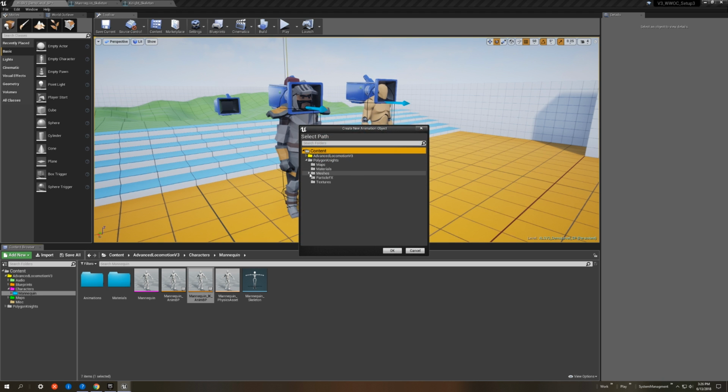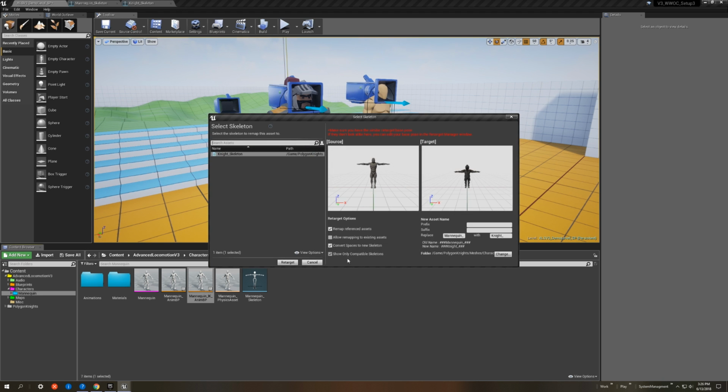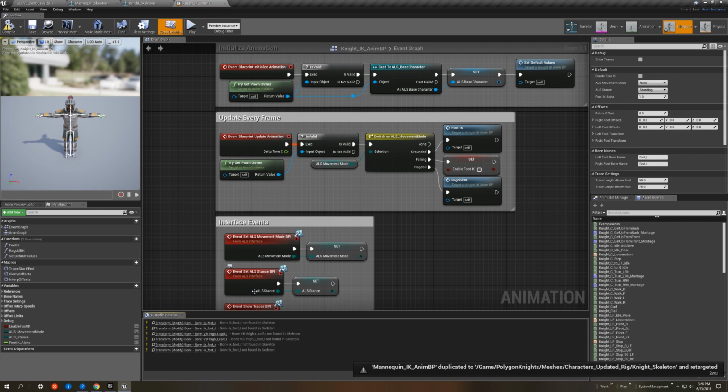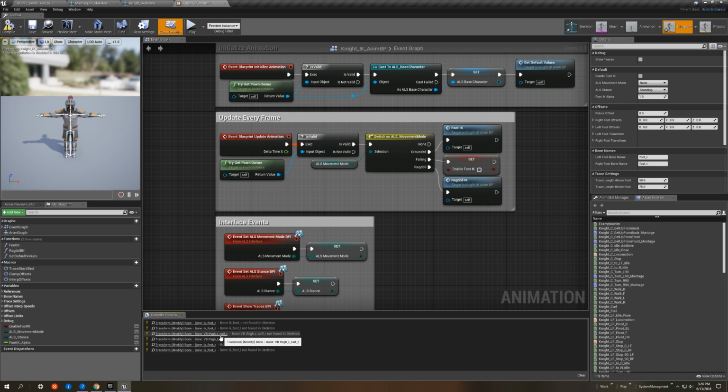Change that folder. Just like that. And if I do it correctly, we should get it for the Knight character. Now we're going to get some errors here. You know, the bone names are different because we're using virtual bones. Also, we have these two knee bones that aren't found in the skeleton, so we're going to need to create